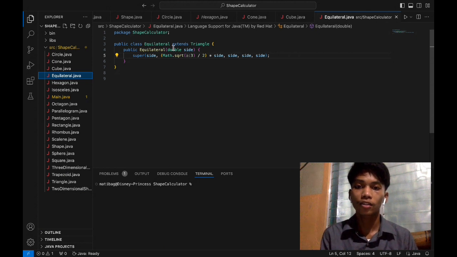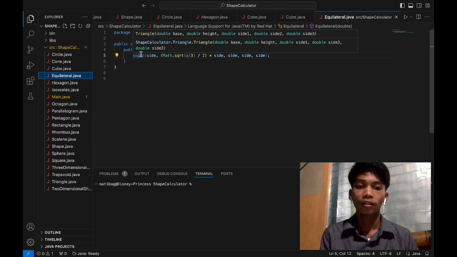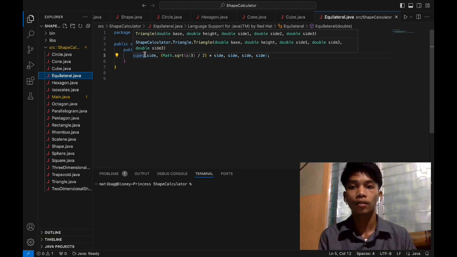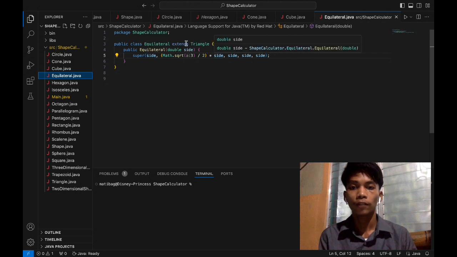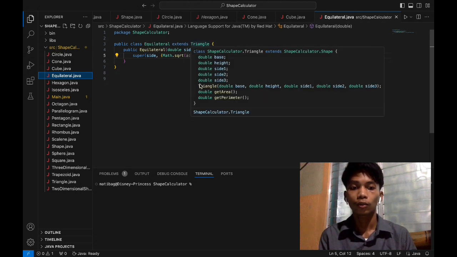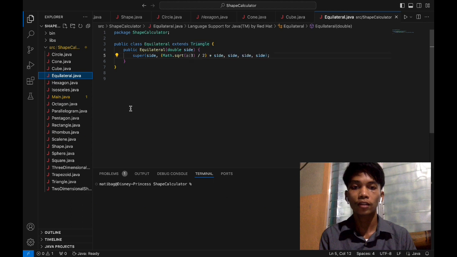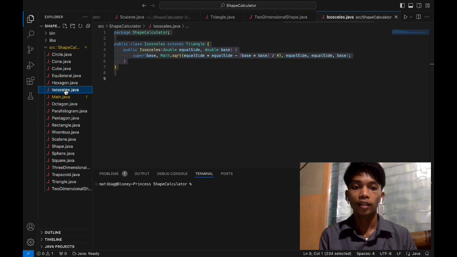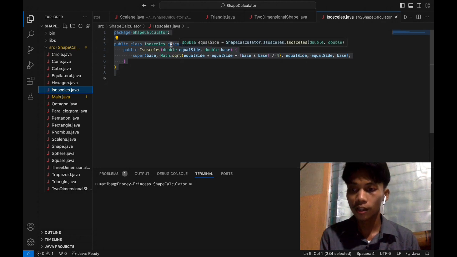We have this constructor for the equilateral triangle class. It uses the super keyword or function to call the constructor of the triangle superclass.